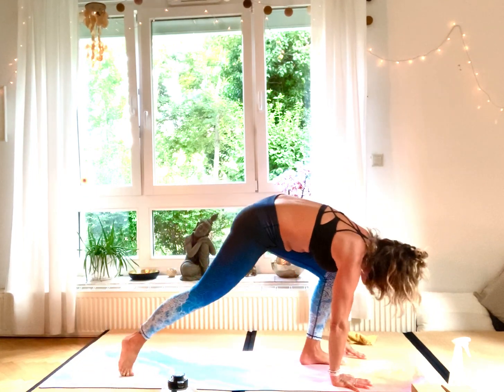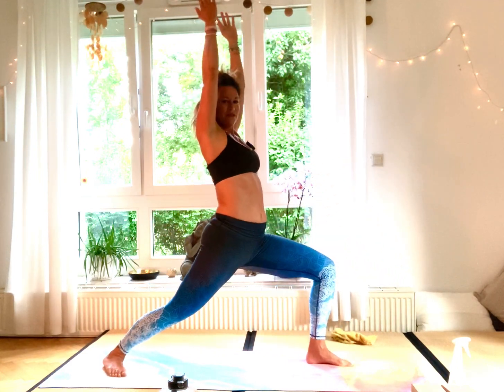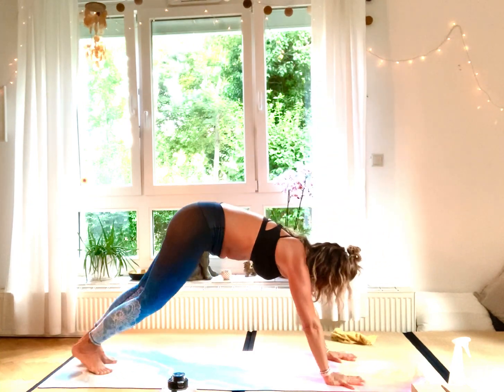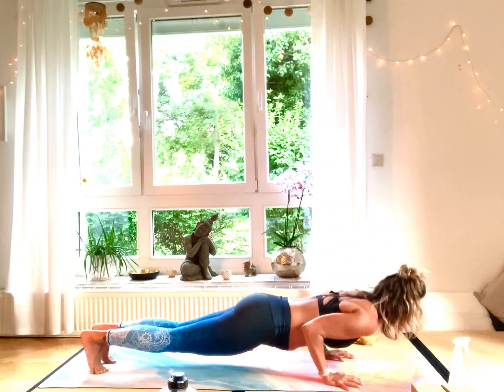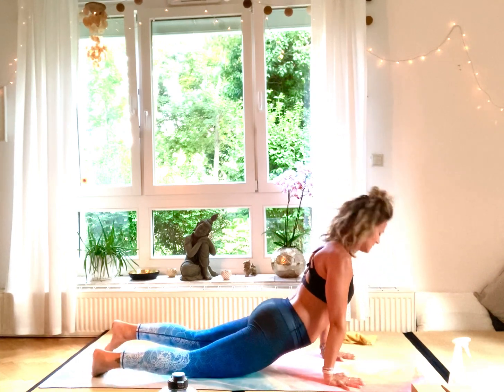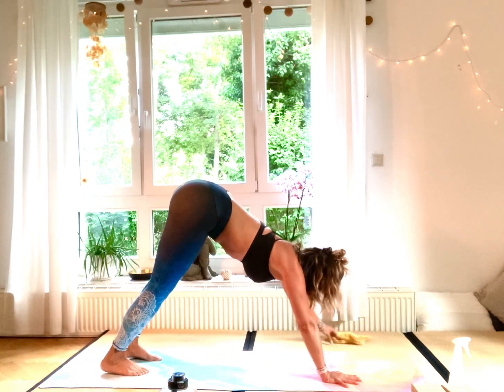Inhale, left foot forward and hands up high. Vira-A. Exhale, plant your hands, step back, Chaturanga. Elbows in. Inhale, Urdhva Mukha. And exhale, Adho Mukha. 4, 5,